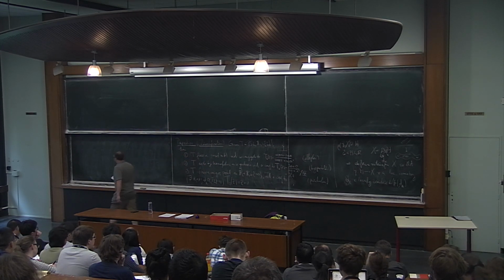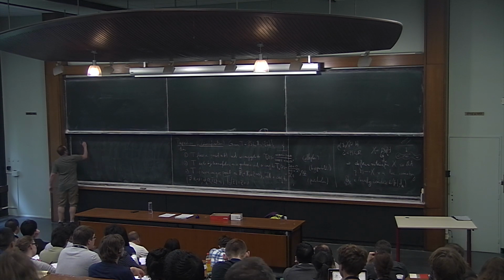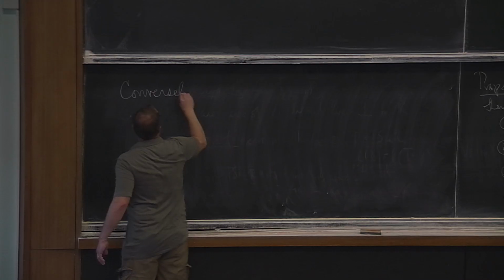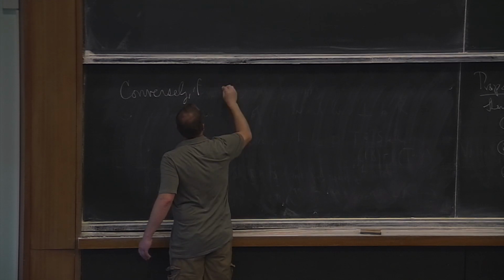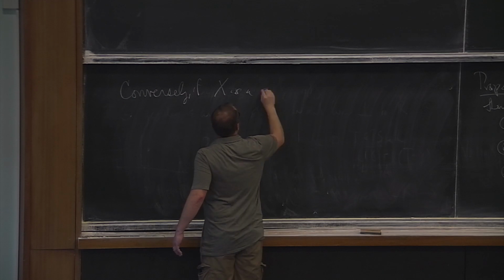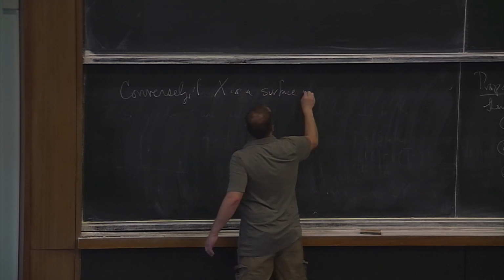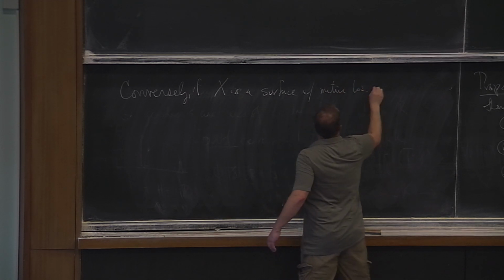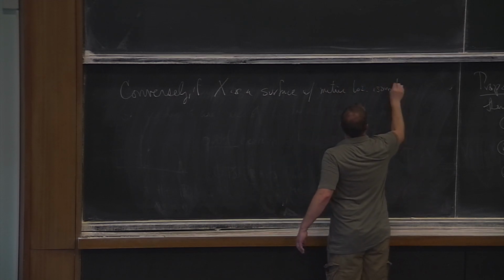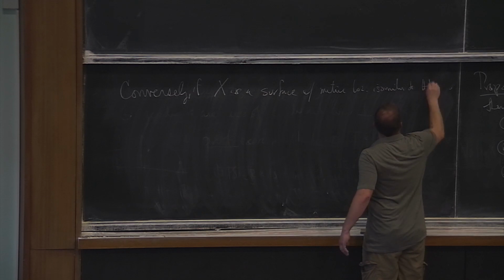So conversely, if X is just a surface, a topological surface with a metric locally isometric to the hyperbolic plane,